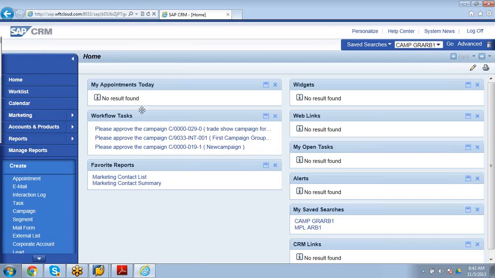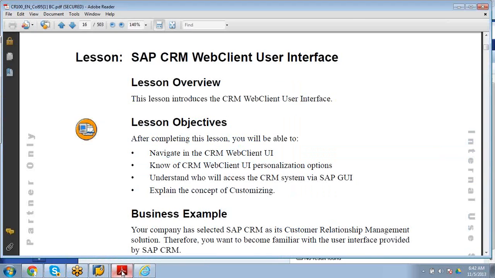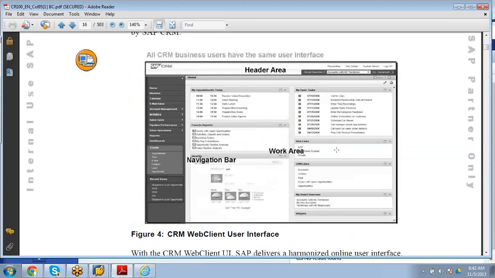Right, it has three parts: navigation, work area, header area. Write this structure like this. In the left hand side, this one is called navigation, top header area, center is work area.